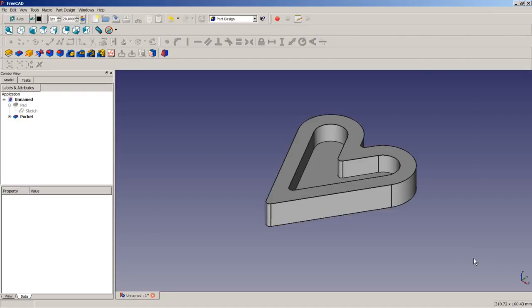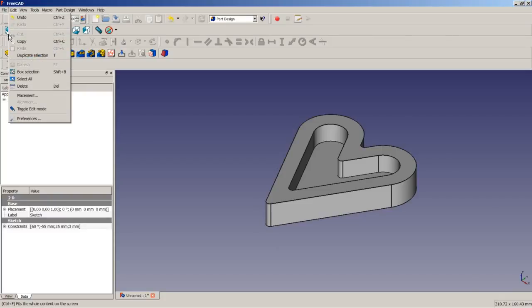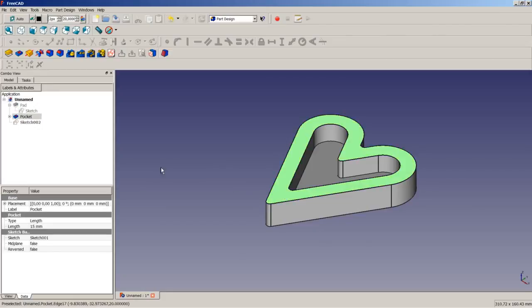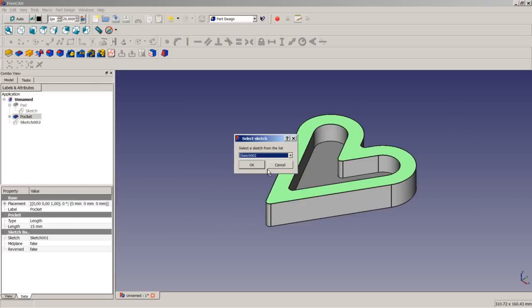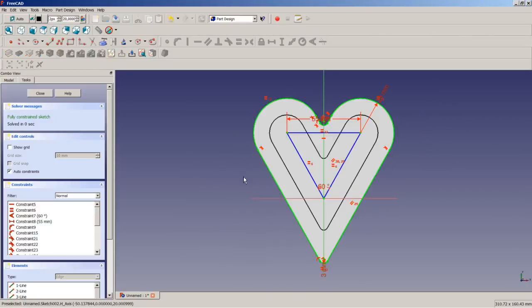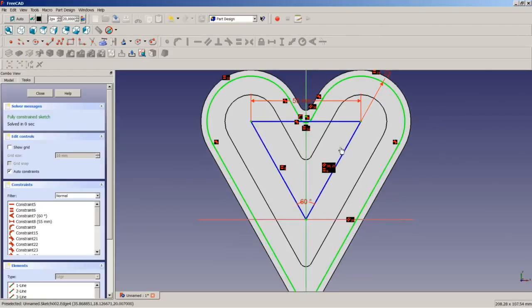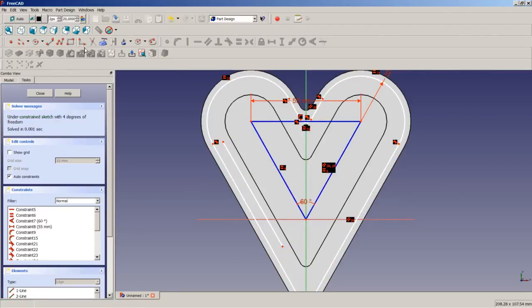So let's try this operation again, basically. We will select the sketch, we will choose Edit, Duplicate Selection, and we will remap the sketch to this top face here, the sketch 002. Okay. And we will change this radius constraint to be 22 millimeters. So now we will draw once again our heart,